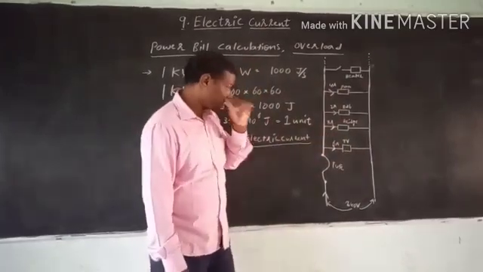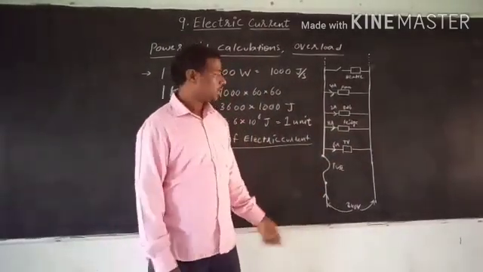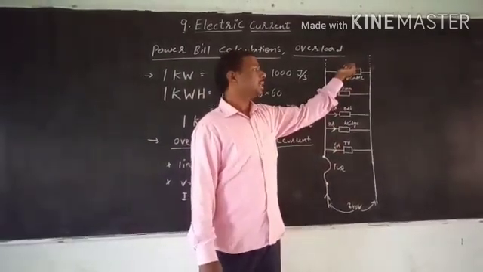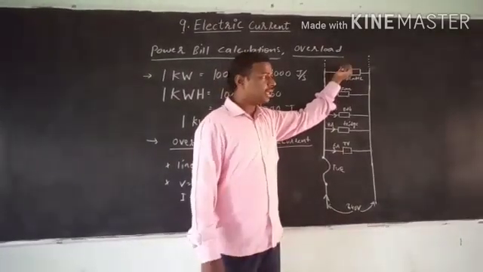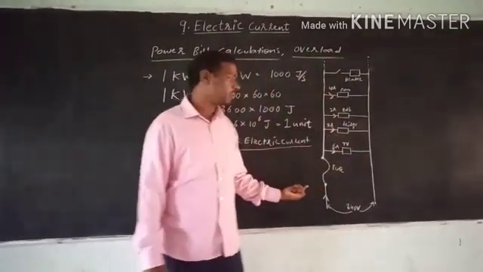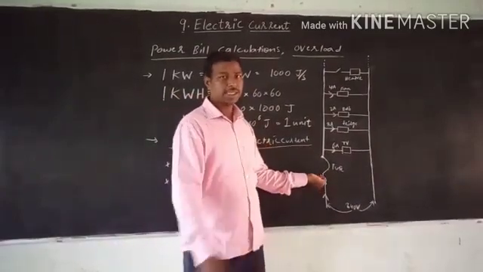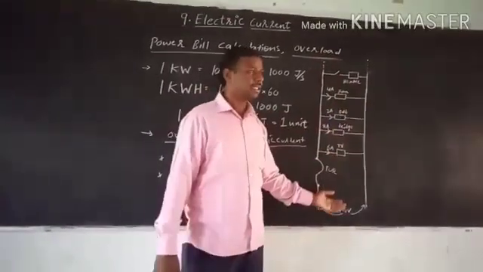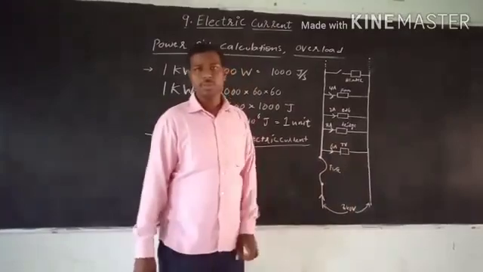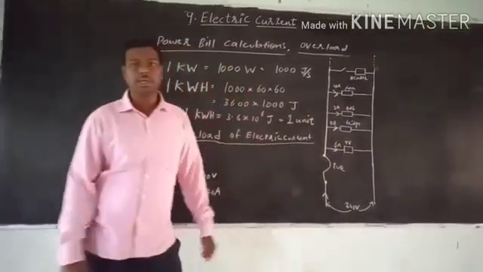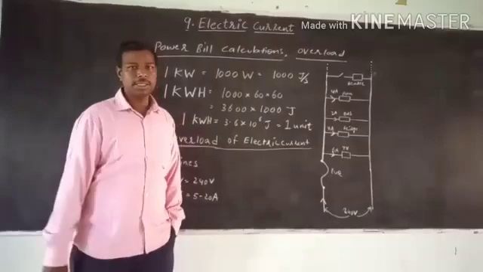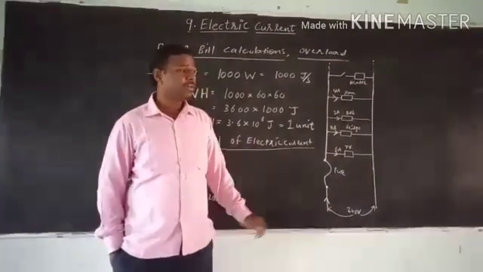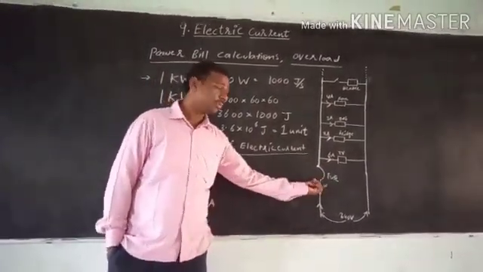Now how to prevent overloading? This can be done by using a fuse. In the same case, up to here we have seen that there is 20 amperes of current. If I use an extra heater which consumes 10 more amperes, then more current starts flowing through the fuse wire, which, due to the excess current passing through it, starts melting and breaks off. Due to that, all our appliances are protected and safe. In this way, we can protect our appliances from the excess electric current entering our homes by using a fuse.